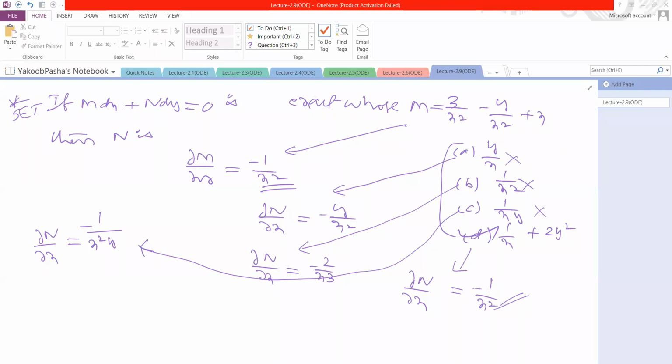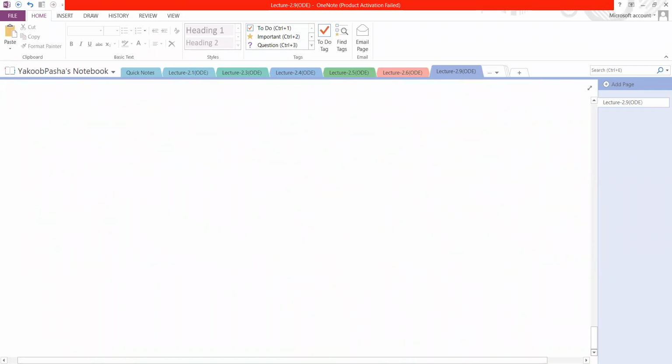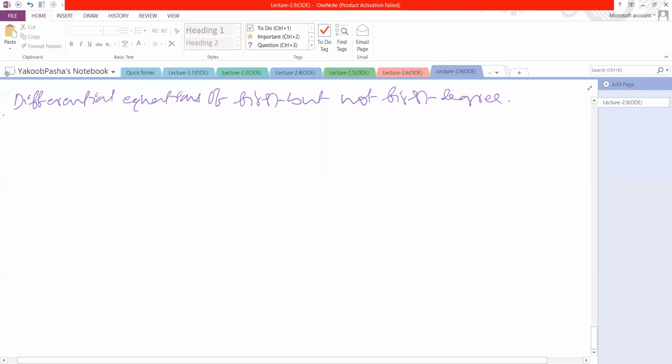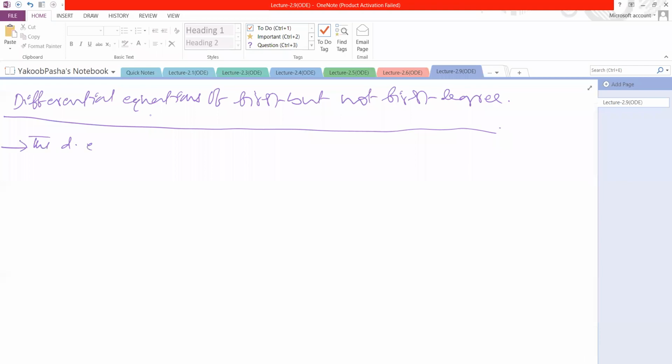Now I am taking another topic, differential equations of first order but not first degree. ఇక్కడ నుండి కూడా మనకు 2 క్వశ్చన్స్ వస్తున్నాయి. జిఎల్ డిఎల్ సిఎస్ఆర్ నెట్ అండ్ సెట్ లెవెల్లో అయితే ఒక క్వశ్చన్ వస్తుంది. ఫస్ట్ ది డిఫరెన్షియల్ ఈక్వేషన్ ఆఫ్ ది ఫస్ట్ ఆర్డర్ అండ్ ఫస్ట్ డిగ్రీ. ది డిఫరెన్షియల్ ఈక్వేషన్ ఆఫ్ ఫస్ట్ ఆర్డర్ but not first degree,